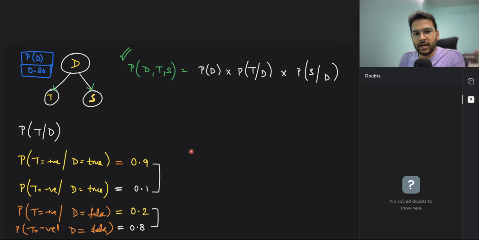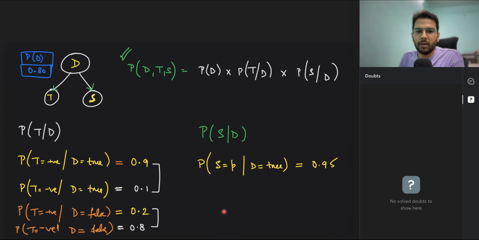Okay. Now carefully see this. I'm writing here. So we have probability of S, symptom given disease. Carefully see this. So I can say that symptom is present. I'm just writing P, that represents present. Okay. Symptom is present given that disease is true. Let's say it is given to you that it is 0.95 maybe. Okay. And let's say other values are also there, whichever is positive. Like symptom is negative, symptom is not present, that means absent. Symptom is absent given that disease is true.